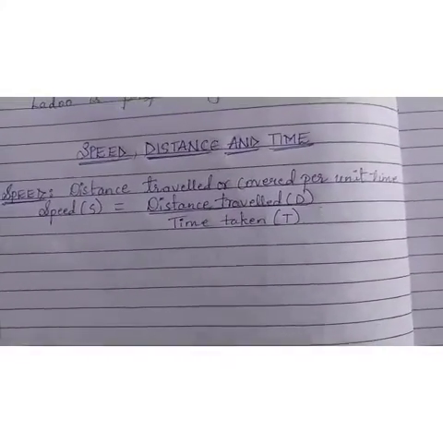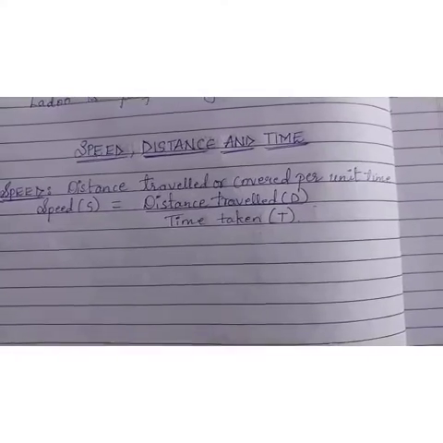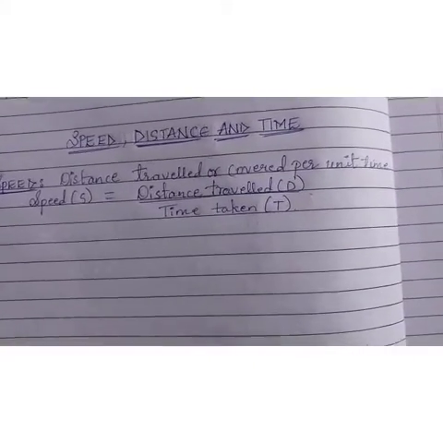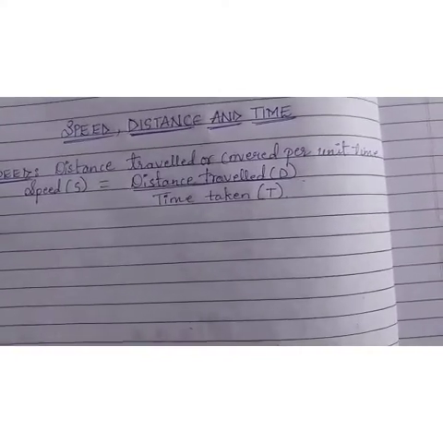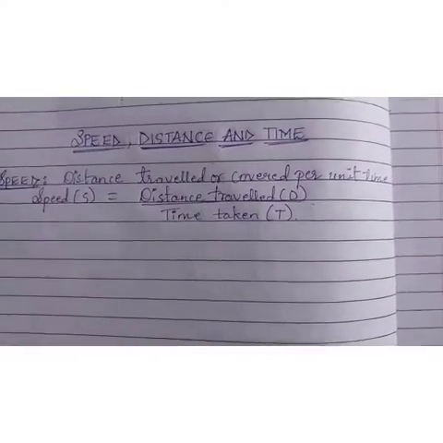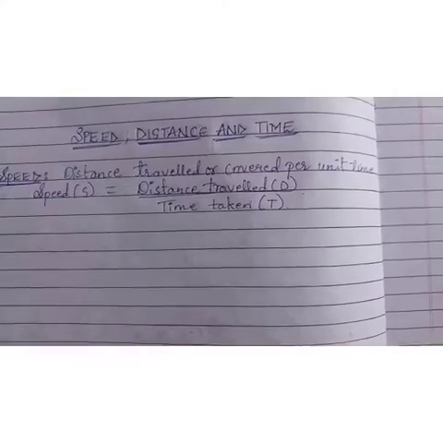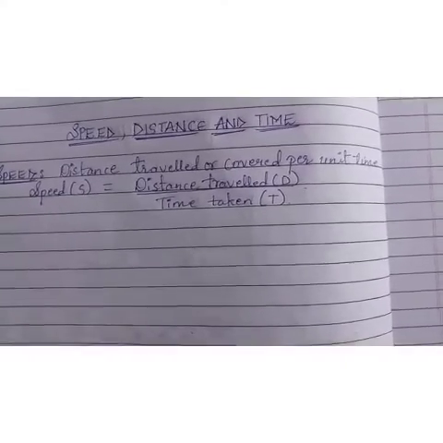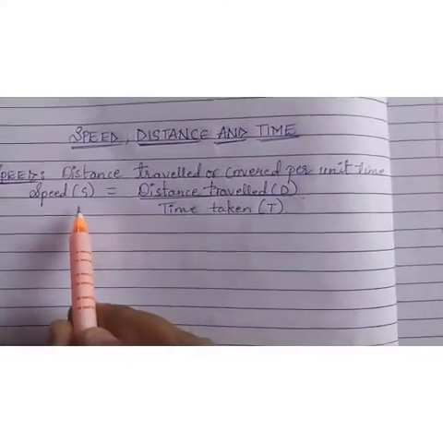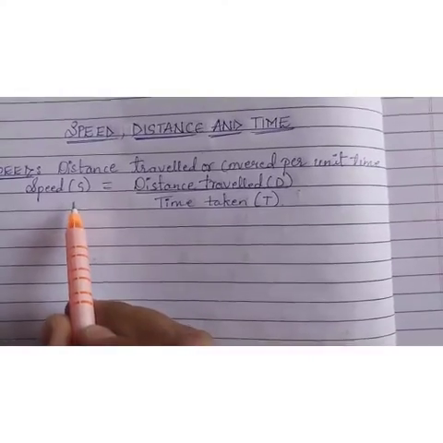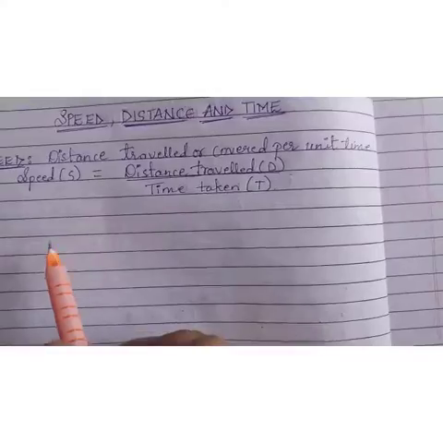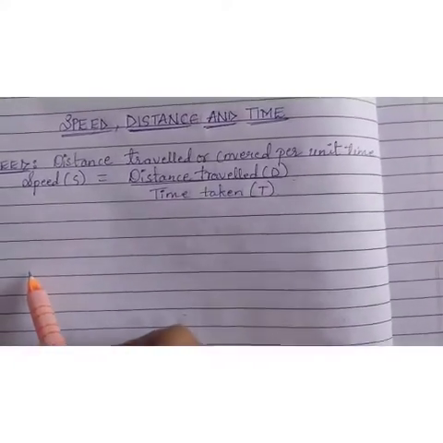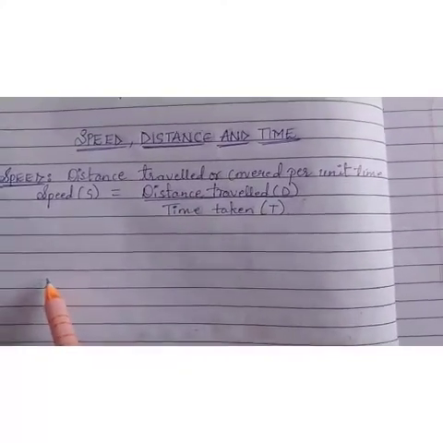Now like every other quantity, speed has some measure. Like if you want to purchase some liquid, it is measured in liters. If you are going some distance, then you say it is kilometers, isn't it? Similarly, speed also has some unit of measurement. The unit of measurement of speed can be given as kilometers per hour or meters per second.